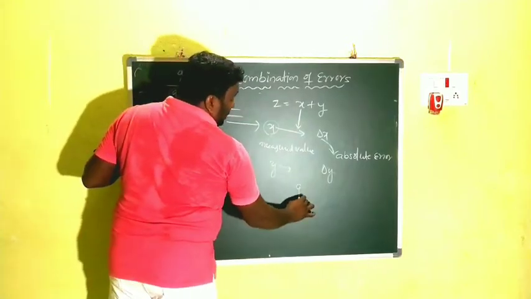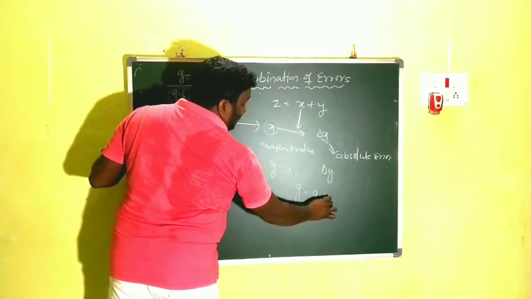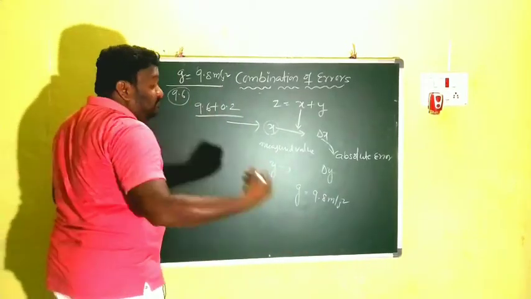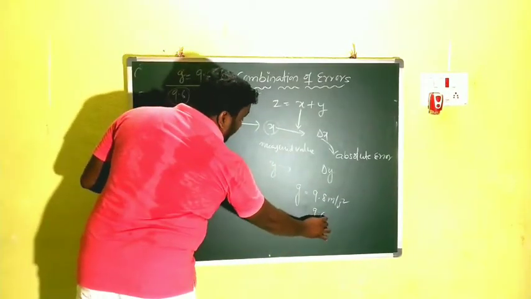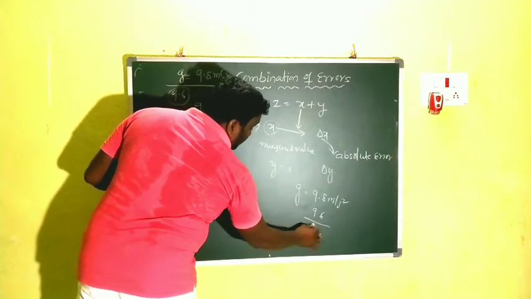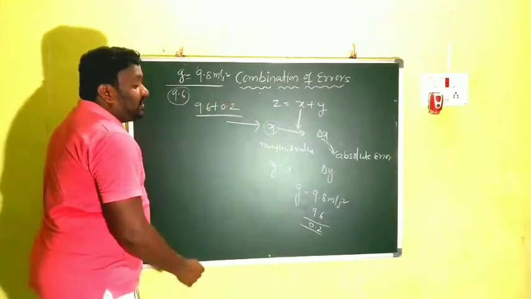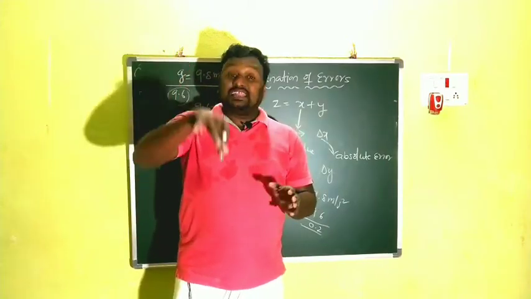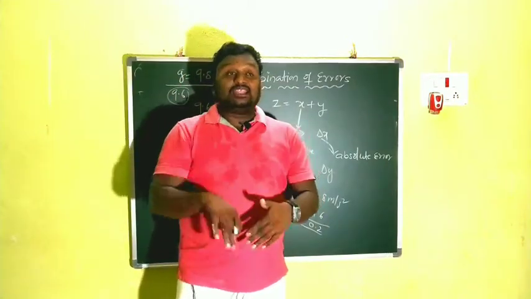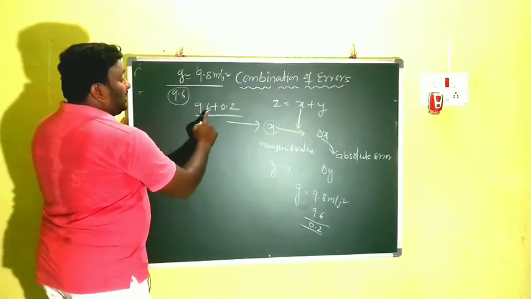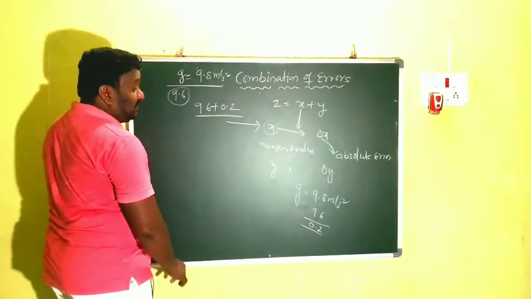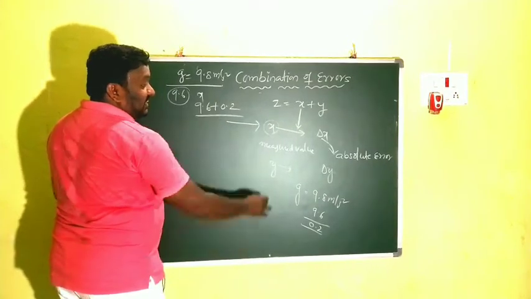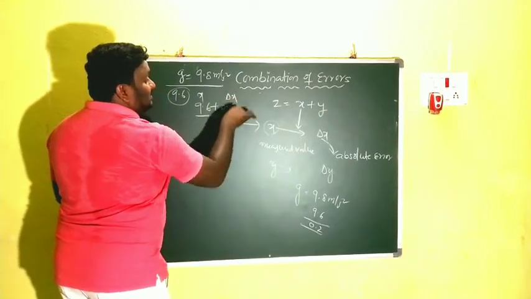Children, there is the simple pendulum experiment. The g value is 9.8 meter per second square. When we perform it, how much did we get? 9.6. How much difference is there? 0.2. How much error did we get? Yes, 0.2. That means we are getting a lesser value. To correct that, we have to add that one. That's why here 9.6 plus 0.2. Clear? Now for example, this 9.6 is x and the error is what? Delta x. Clear?